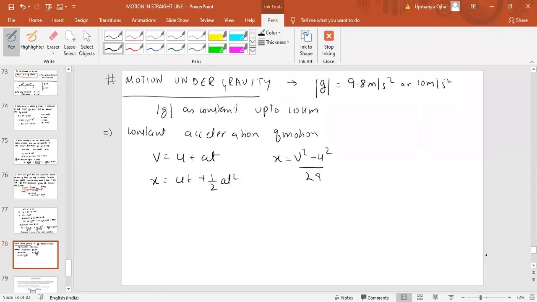Here I am just talking about the magnitude of g. I am not going into direction now; I'll tell you direction later. Magnitude wise, the value of g is 10 meter per second square. Now the next important point in motion under gravity is that we neglect the resistance of the air. We assume that there is no resistance of the air while the particle is moving under the action of gravity, so we normally reject the resistance of the air.